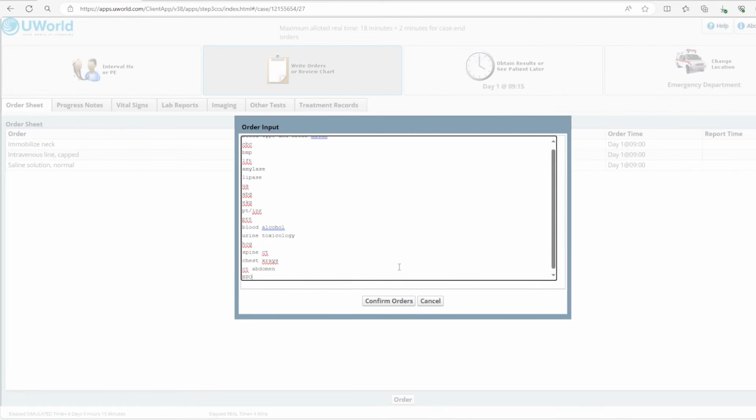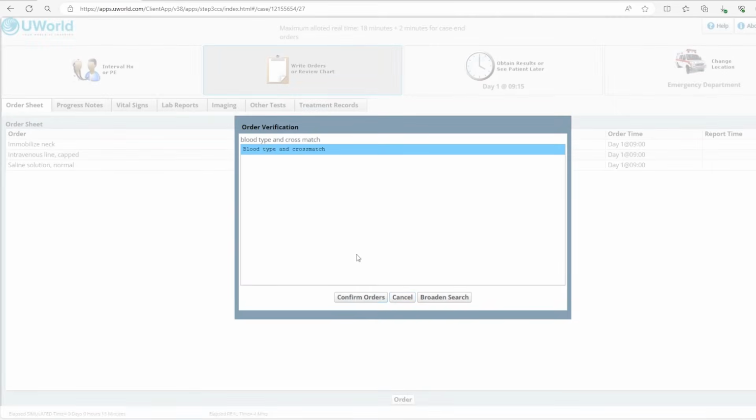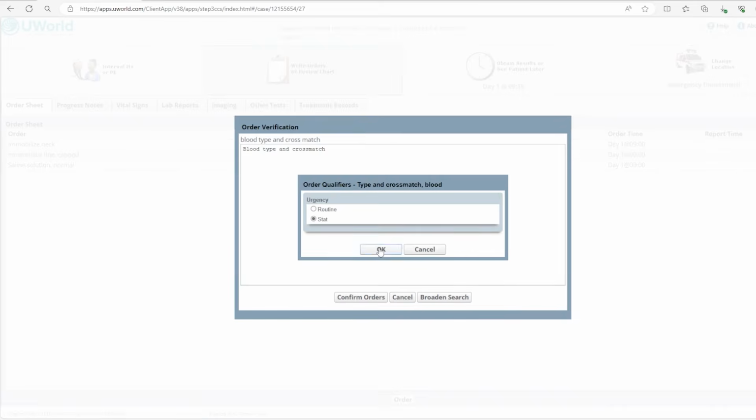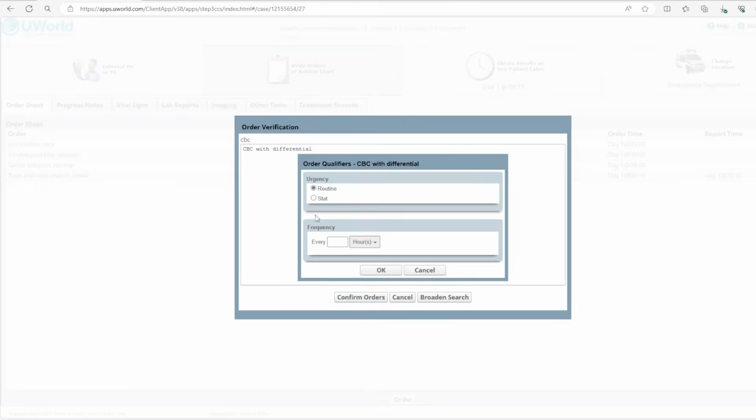We're gonna make the patient NPO since we're suspecting something that might require surgery, and we're gonna give a few medications to help with the patient's pain and nausea. Since the patient is in pain, we're gonna order morphine or hydromorphone, and since the patient is nauseous, we're gonna order Zofran. And we're gonna start confirming the orders, blood type and cross match, stat, CBC with differential,